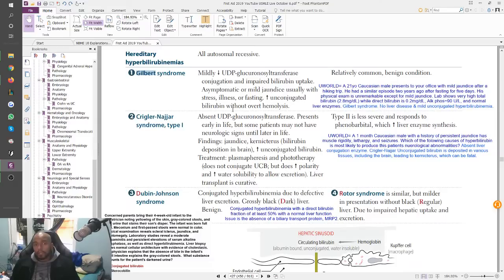Alright, so increase in unconjugated bilirubin without hemolysis. He had no reason for hemolysis in that question at all. He's just getting some normal response that can occur due to stress. Alright, this is a UWorld question on the same kind of thing.